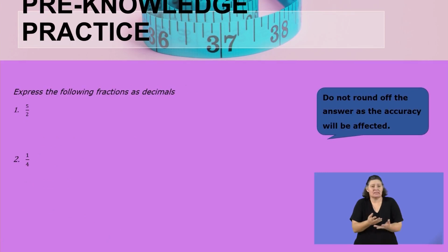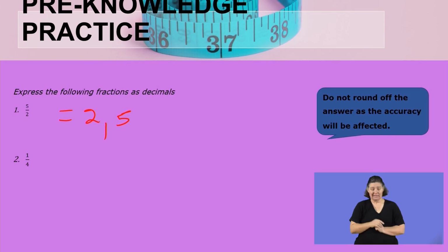Express the following fractions as a decimal. The first one, we are having 5 divided by 2. If you have 5 divided by 2 and we have to express it as a decimal, we simply need to press the calculator and divide 5 by 2. Let us divide together. 5 divided by 2 will then be, the answer is